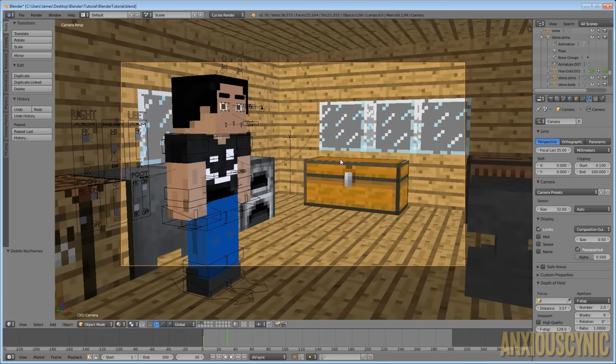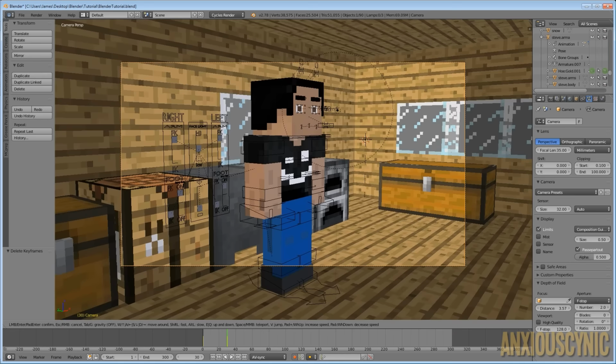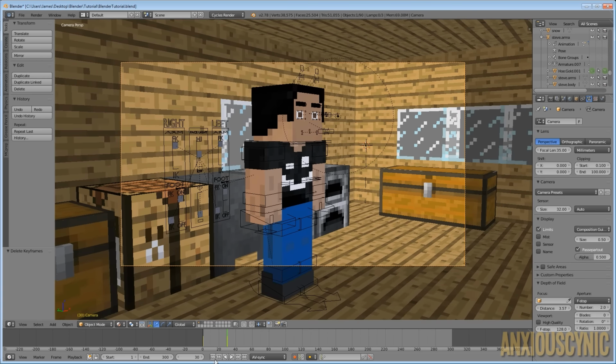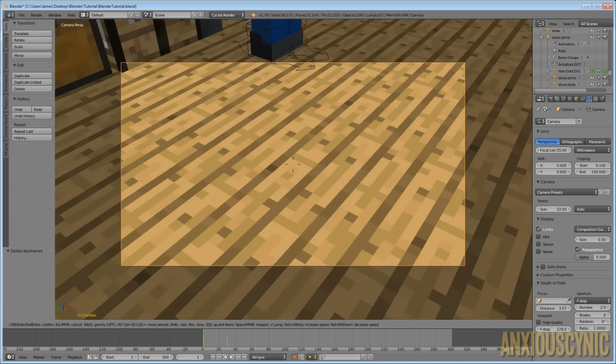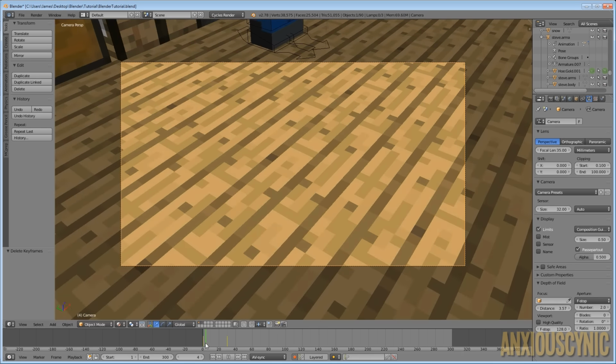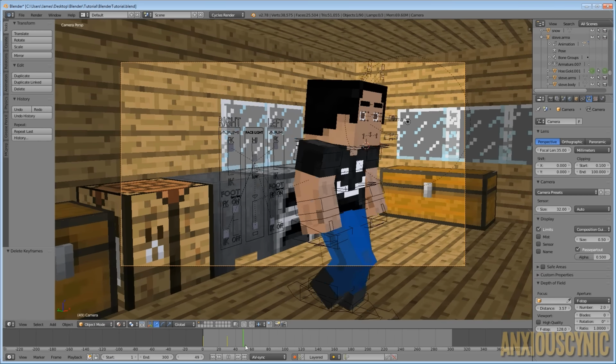So right here, let's say we want to hit Shift F to pose our camera here. And let's just say we want to have it framed there. And on the first frame here, let's say we want the camera to pan upwards. So it's going to go zoop and pan up and look at Steve, and then he's going to begin walking.